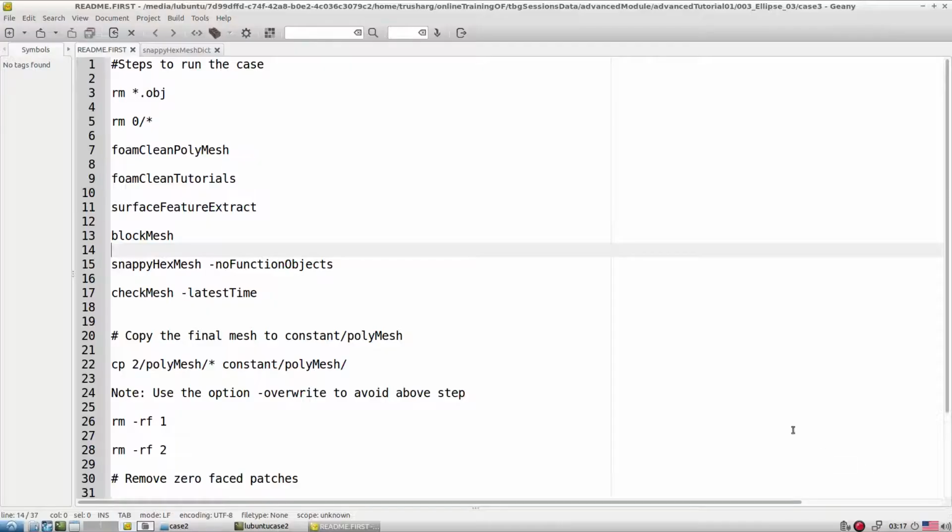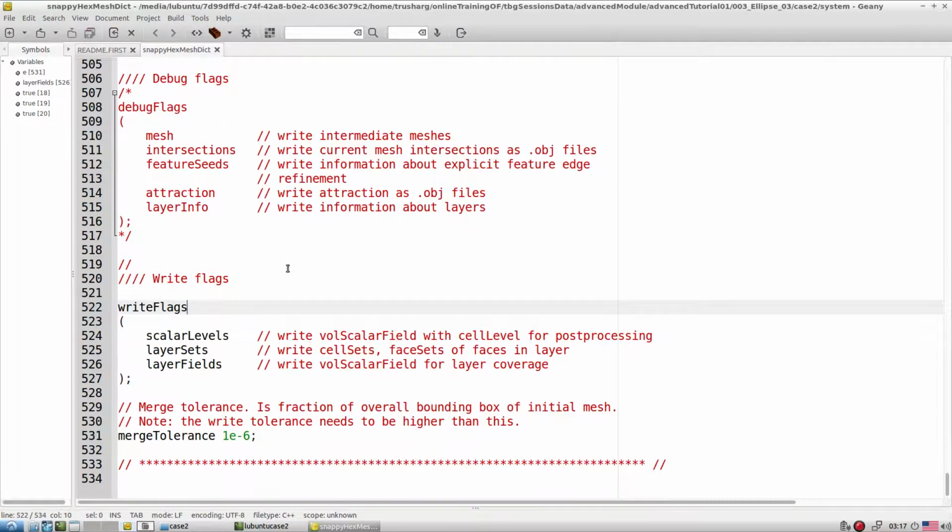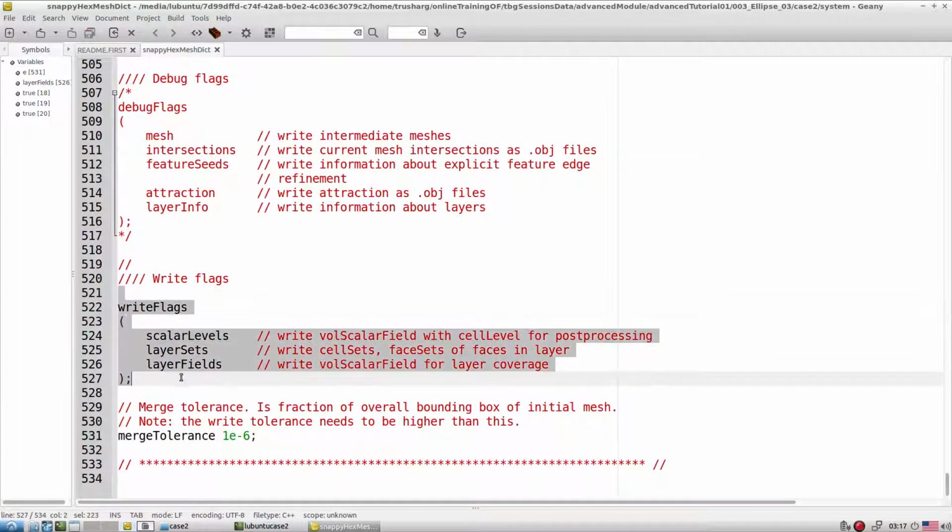Okay, so we created the layers, but let's say we want to visualize inside ParaView what its thickness is and how many layers are developed on which surface. Then in the SnappyHexMesh file, at the end we have certain flags. Right now in all the SnappyHexMesh files it is activated, but if you want you can switch it off, and switch it on only when required.